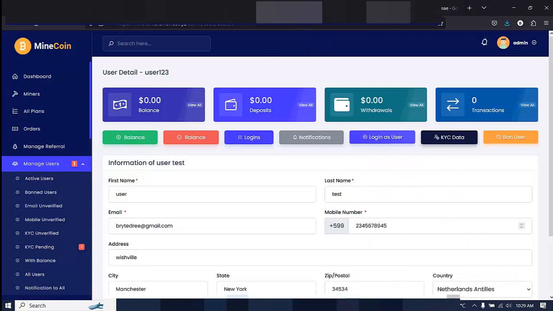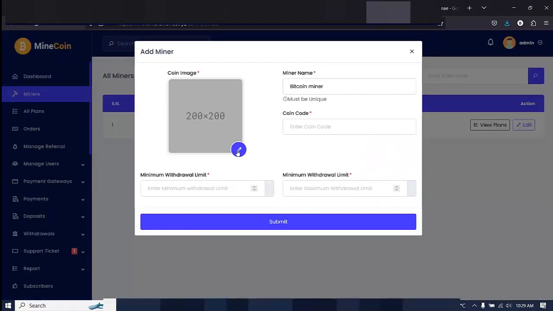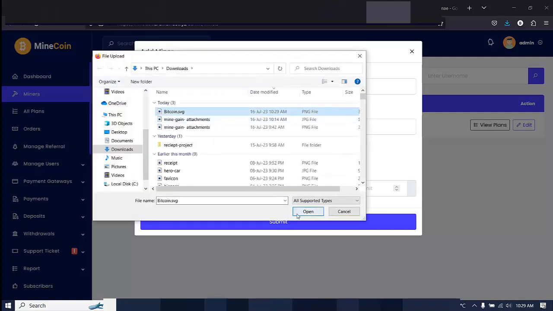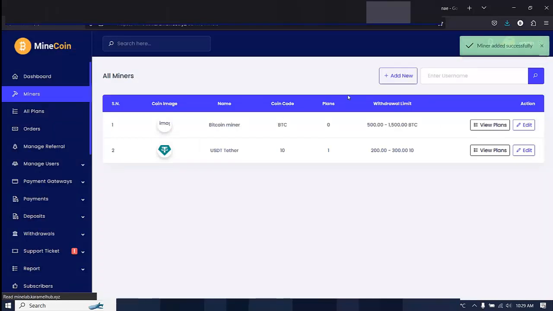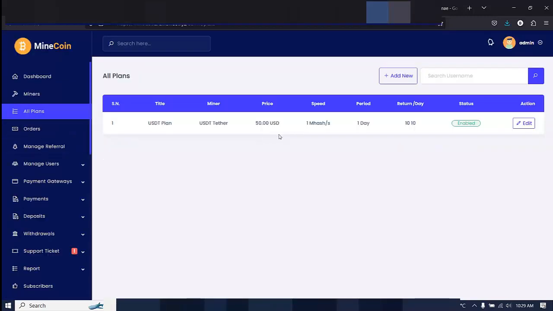So we come here. See now. So I will set a minimum withdrawal limit. I will say the minimum withdrawal limit is 500. So you can see now the maximum withdrawal limit is, what, 1,500. Then coin code can be BTC. I will then submit. You can see now, miner added successfully. Then when you go to all plans now, these are the various plans which are created